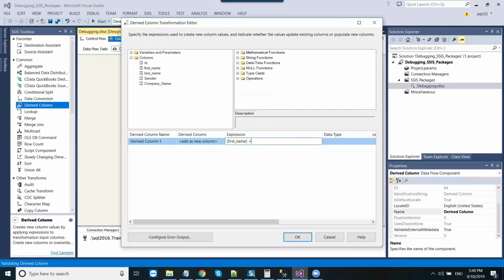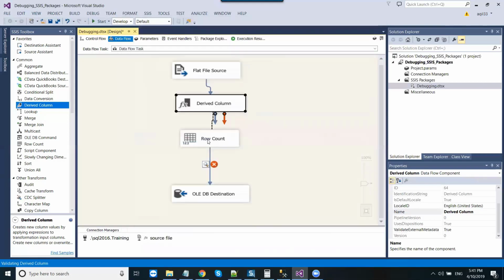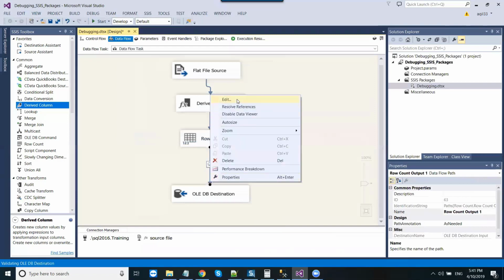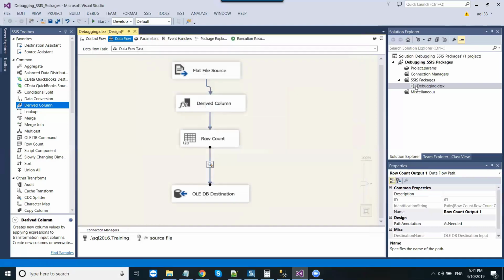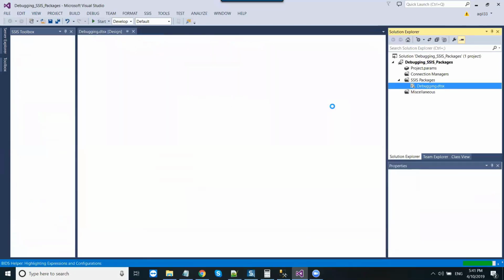I'm concatenating first name and then last name, and creating a new column, full name. Then I want to look at those columns, first name, last name, full name, and gender. So if I rerun the SSIS package,